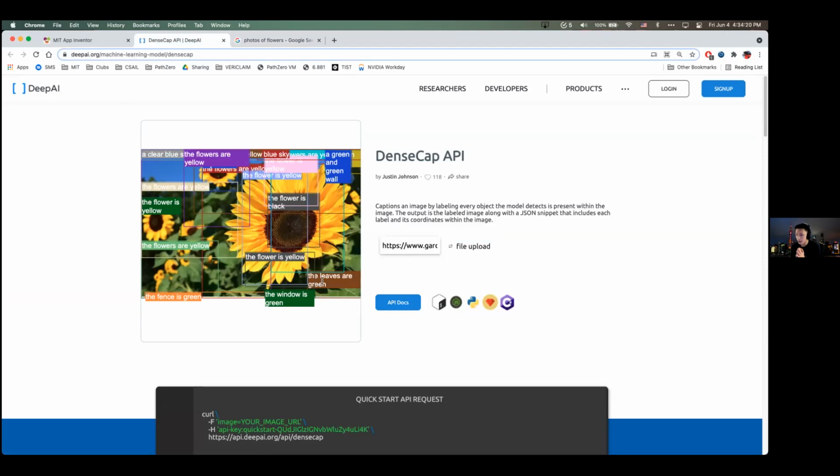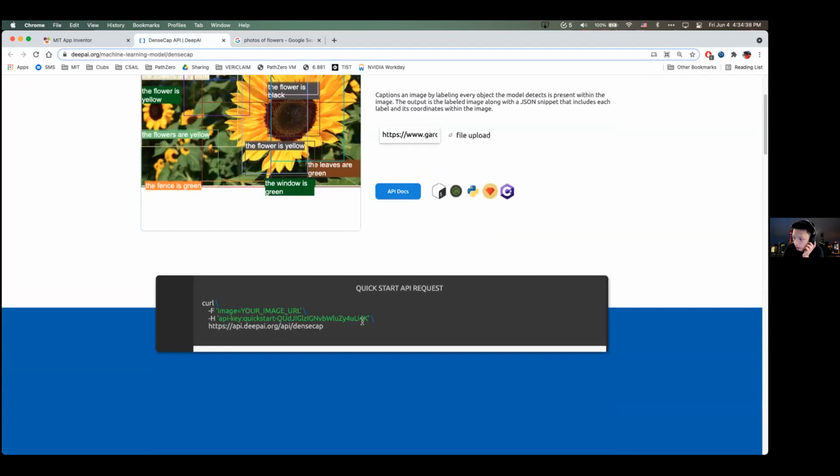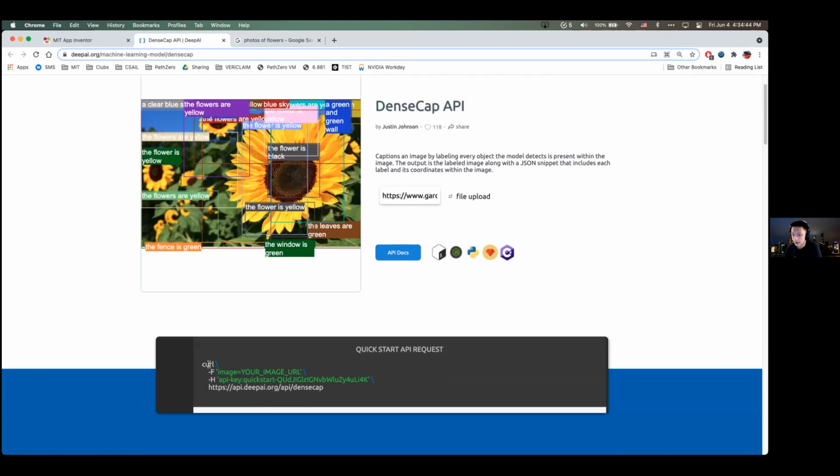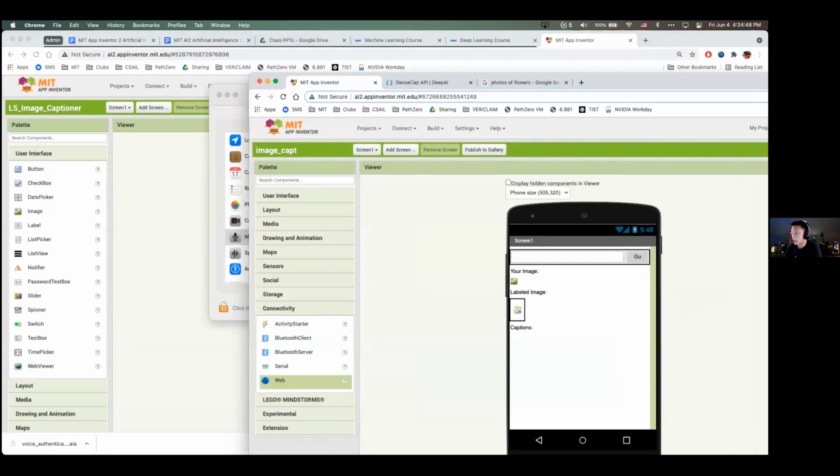So I will stop wasting your time messing around with this API. As you can see, it works, it's not bad, it's not perfect, but this is what I was talking about earlier. Image captioning is a very, very difficult task, and I think the fact that we can do this already is pretty amazing. So let's try to explore the API. The API is a little bit complicated because we'll have to do all of this curl stuff. But let's go ahead into our MIT App Inventor and let's try